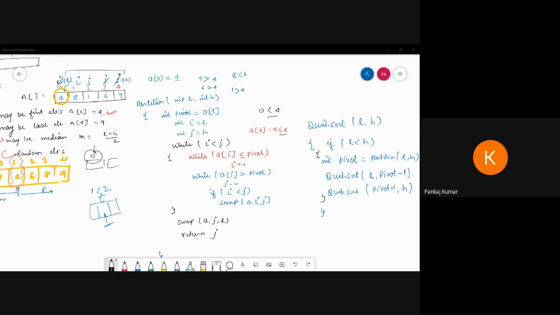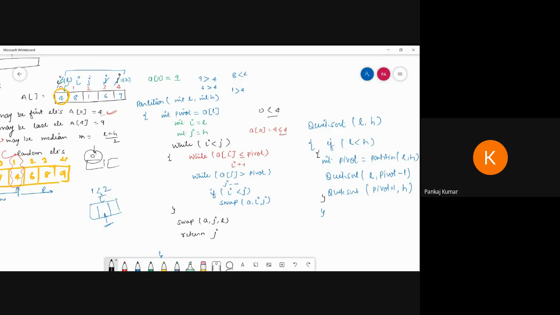So now see, if you are talking about the first partition, it will take n time, the second partition n-1, third partition n-2. So we can add these up to get n into n plus 1 divided by 2. So in the worst case, the time complexity is order of n square. Because every time we subtract n minus 1, n minus 2, n minus 3. So this is the time complexity order of n square in the worst case.